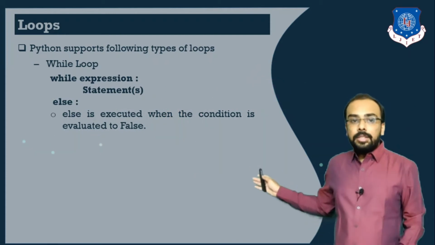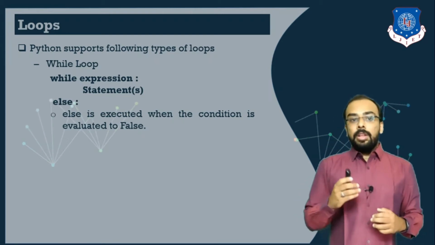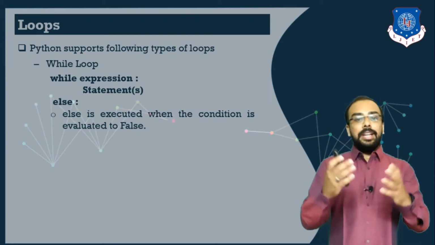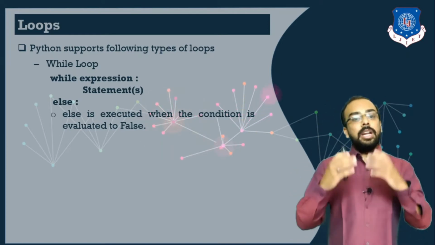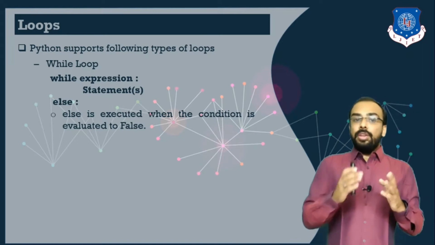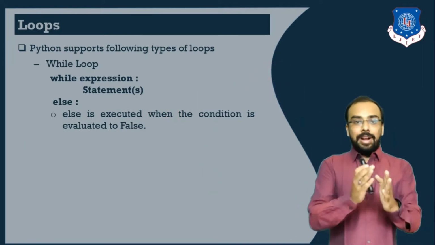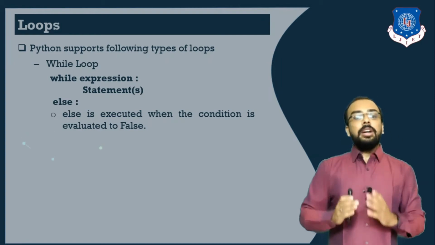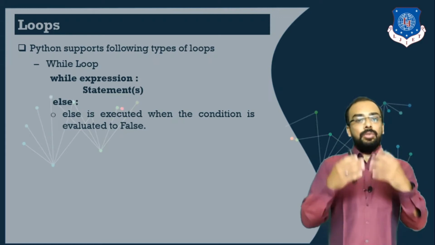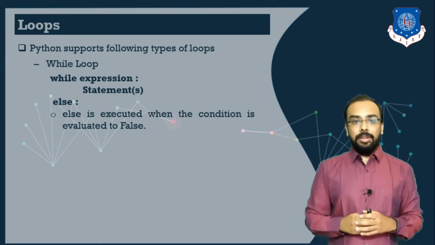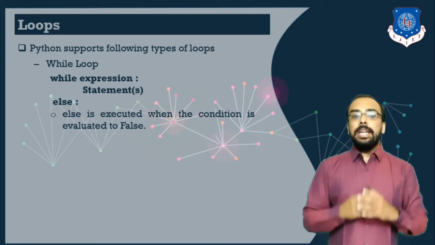So here you can see that the statements are inside this while loop. So what does this indicate? This indicates that the statements which I am going to write are inside the while loop. If you compare it with other programming languages, after writing the while condition we were using curly braces, but this has been removed and instead we are using indentation in Python. You can see here a small tab. What is that? That is simple indentation.